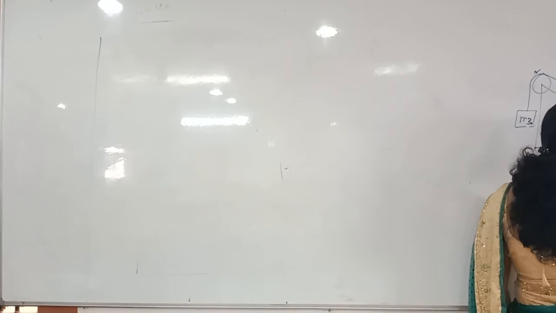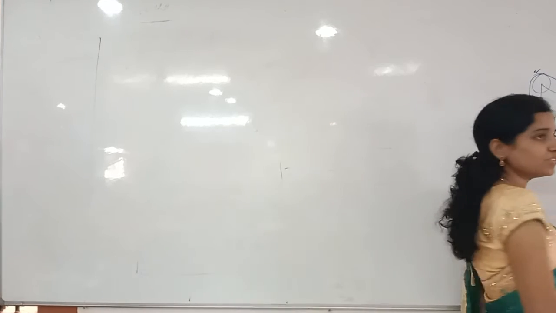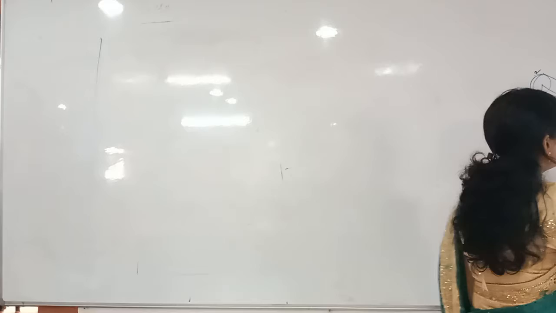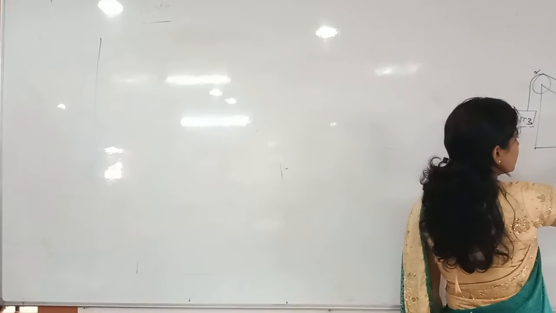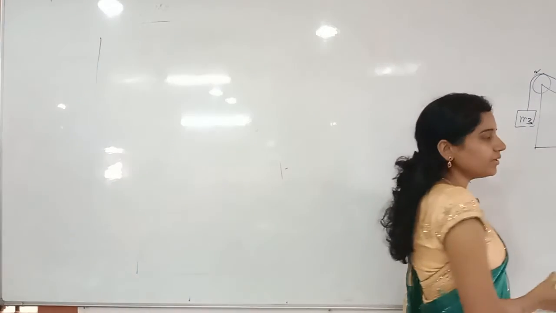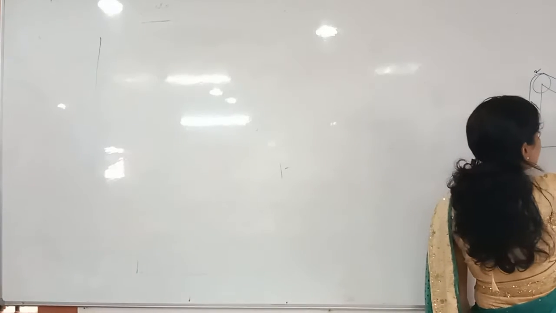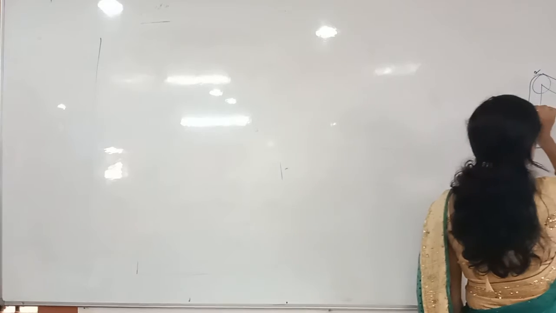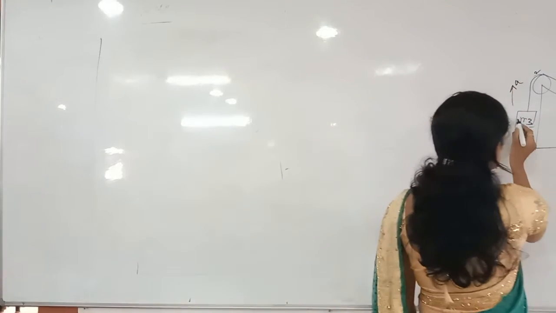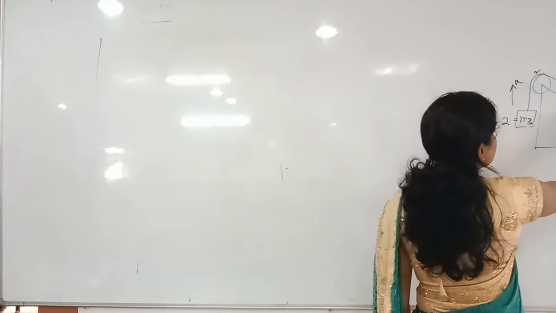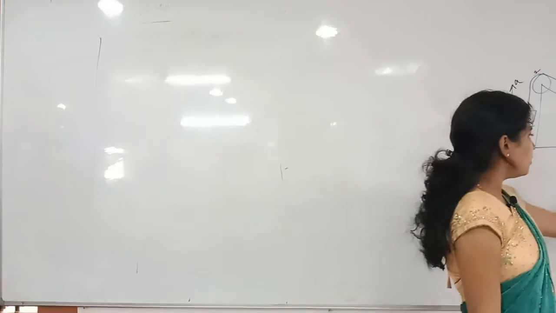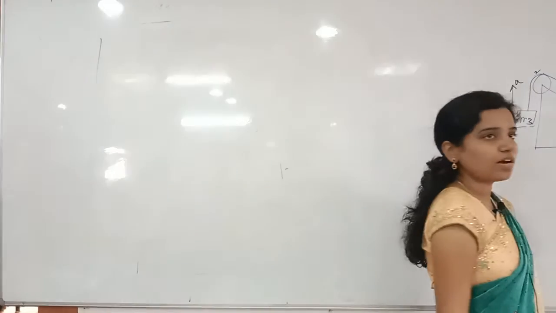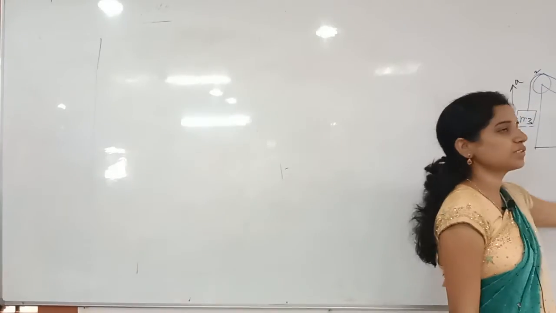Obviously, mg is acting in which direction? Downward direction. How much is that? 10g. In the upward direction, what is acting? Tension T. And also for this, in this direction, tension T is acting. And also, here what is acting? Acceleration A, here and here. Why? Because obviously this is 2 kg, no? This one is 4 kg. So more mass is there for this mass, so it will pull everything down and everything will move in this direction.